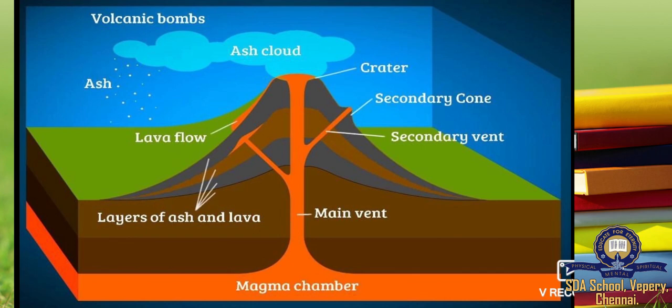In course of time, lava and other material flowing out of the volcano accumulate around the opening and form a conical hill or a mountain. Vent is an opening or mouth of the volcano. The top of this cone is usually marked by a funnel-shaped depression, which is called the crater.